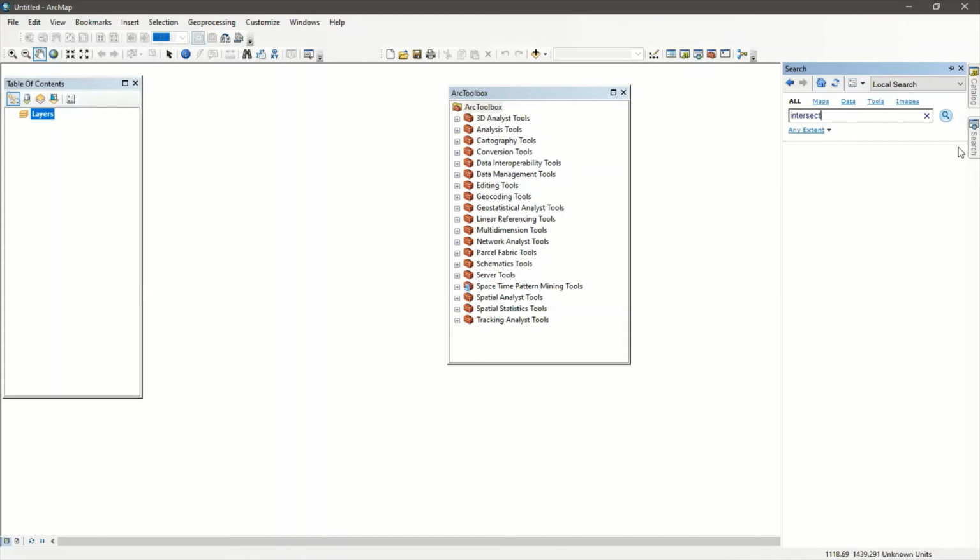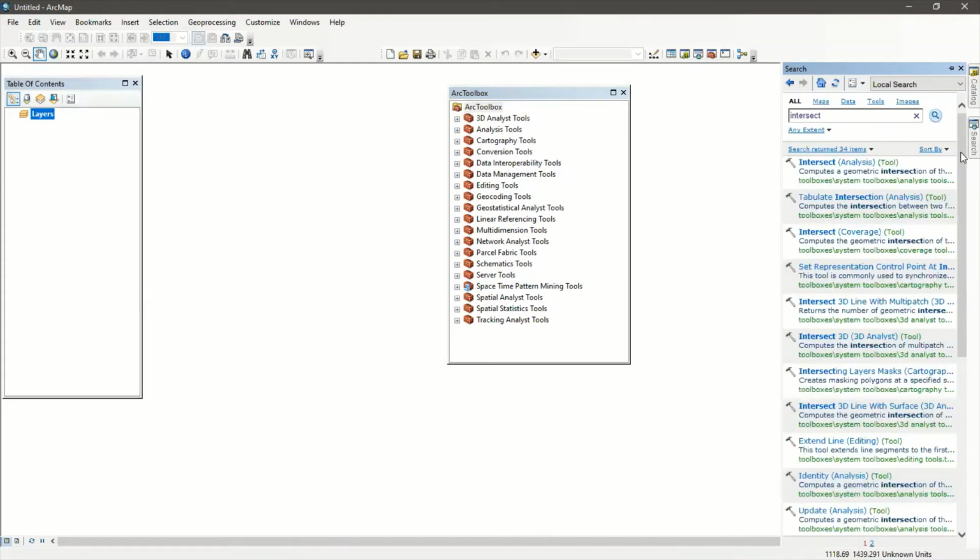And then I hit enter. You can see it throws so many results right here. And perhaps if you're not used to ArcGIS, you may not know which one to pick. So for instance, if I click on the first one right here,